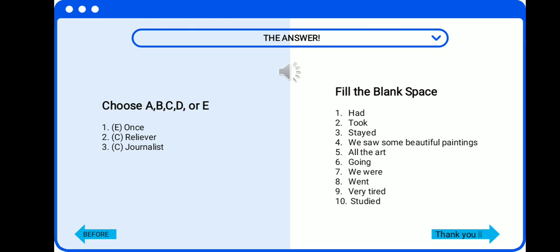Okay, we come to the end of our learning. Check your answers from parts A and B. How many did you get? If it is more than 9, it means it's good for you. And don't worry for those who got less than 9. Keep practicing at home. I think that's all for our learning about recount text for